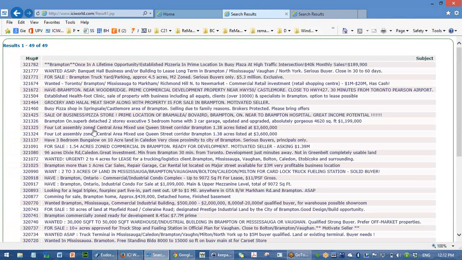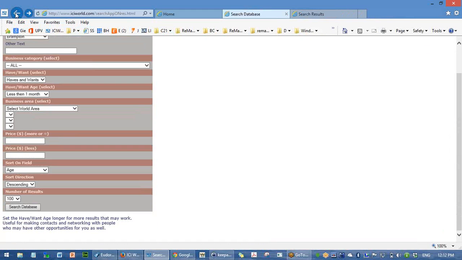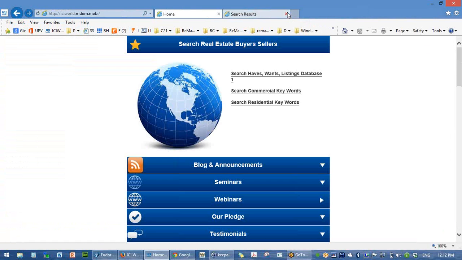Yeah. So there's about 50 listings that are less than 30 days old. Yeah. Okay. So we're recommending every member on this service keep their listings, refresh them every 30 to 60 days, never let them go more than 90 days or they don't show up on these mobile apps. Yeah. Okay. So coming back to the main website,